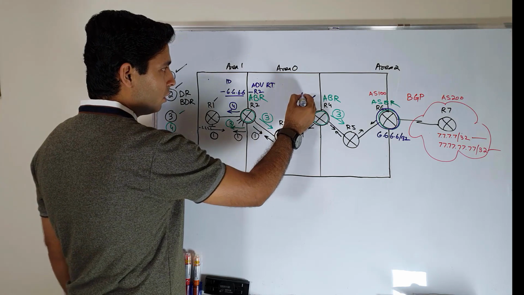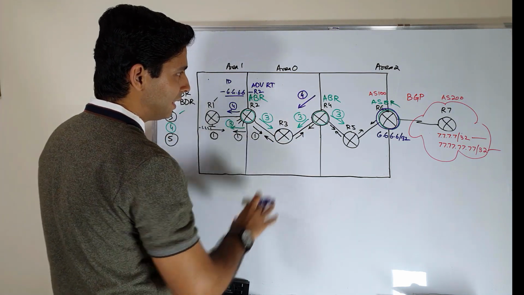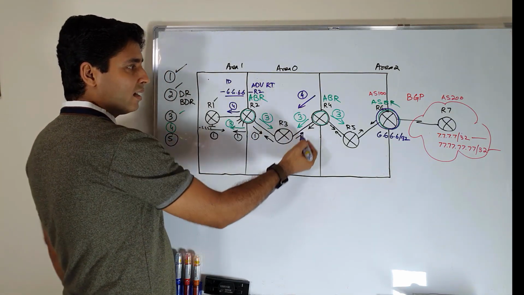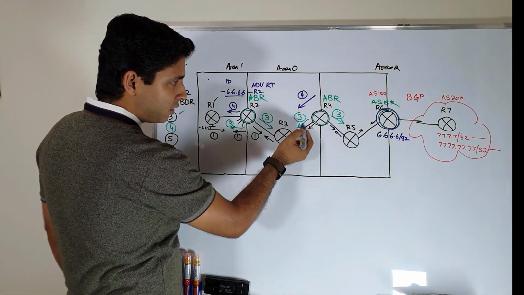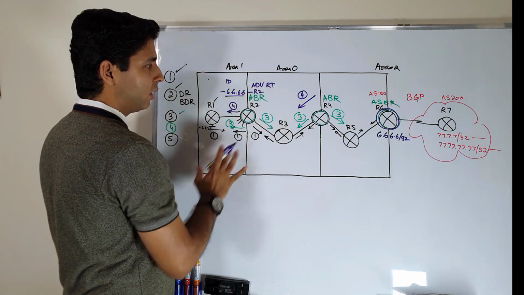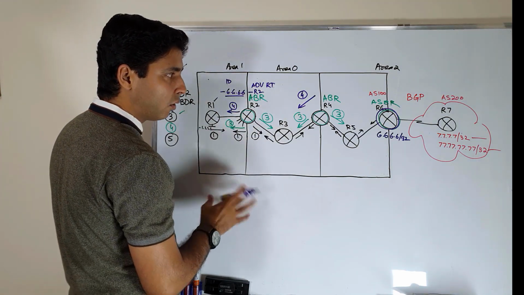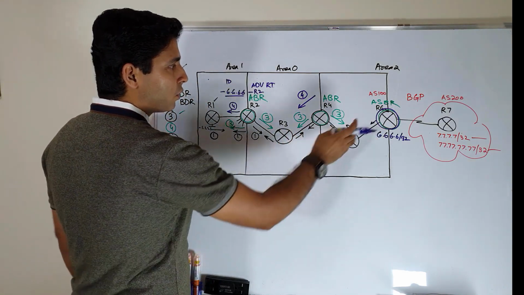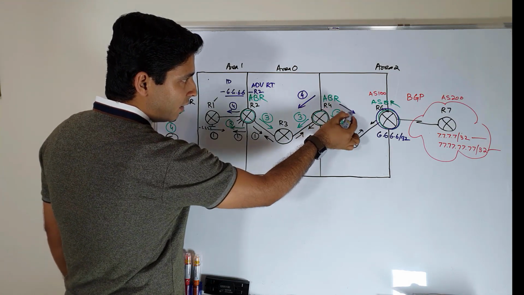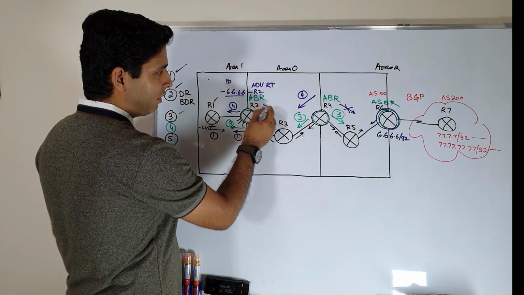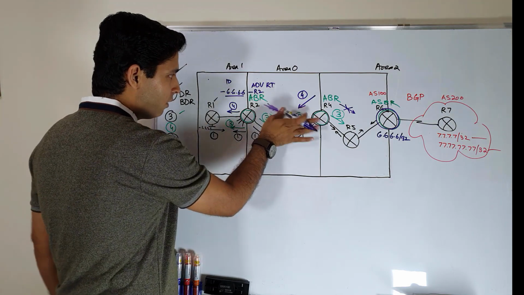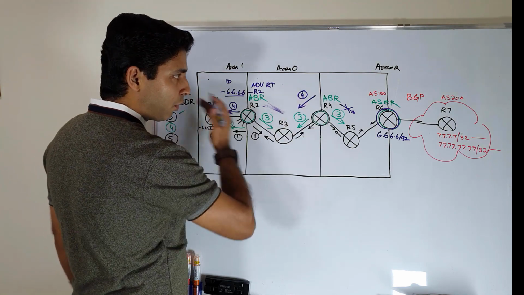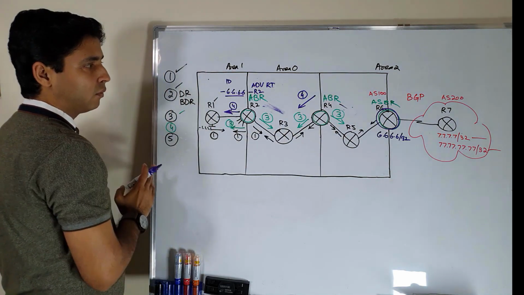Another important point to understand is the main difference between LSA type 3 and LSA type 4. LSA type 3 is generated in both directions by each ABR, wherever the boundary router is connecting the areas. But LSA4 is generated away from the ASBR. This ABR will never generate a type 4 towards here, and this one will never generate a type 4 towards here. It will always generate the LSA type 4 away from the ASBR.